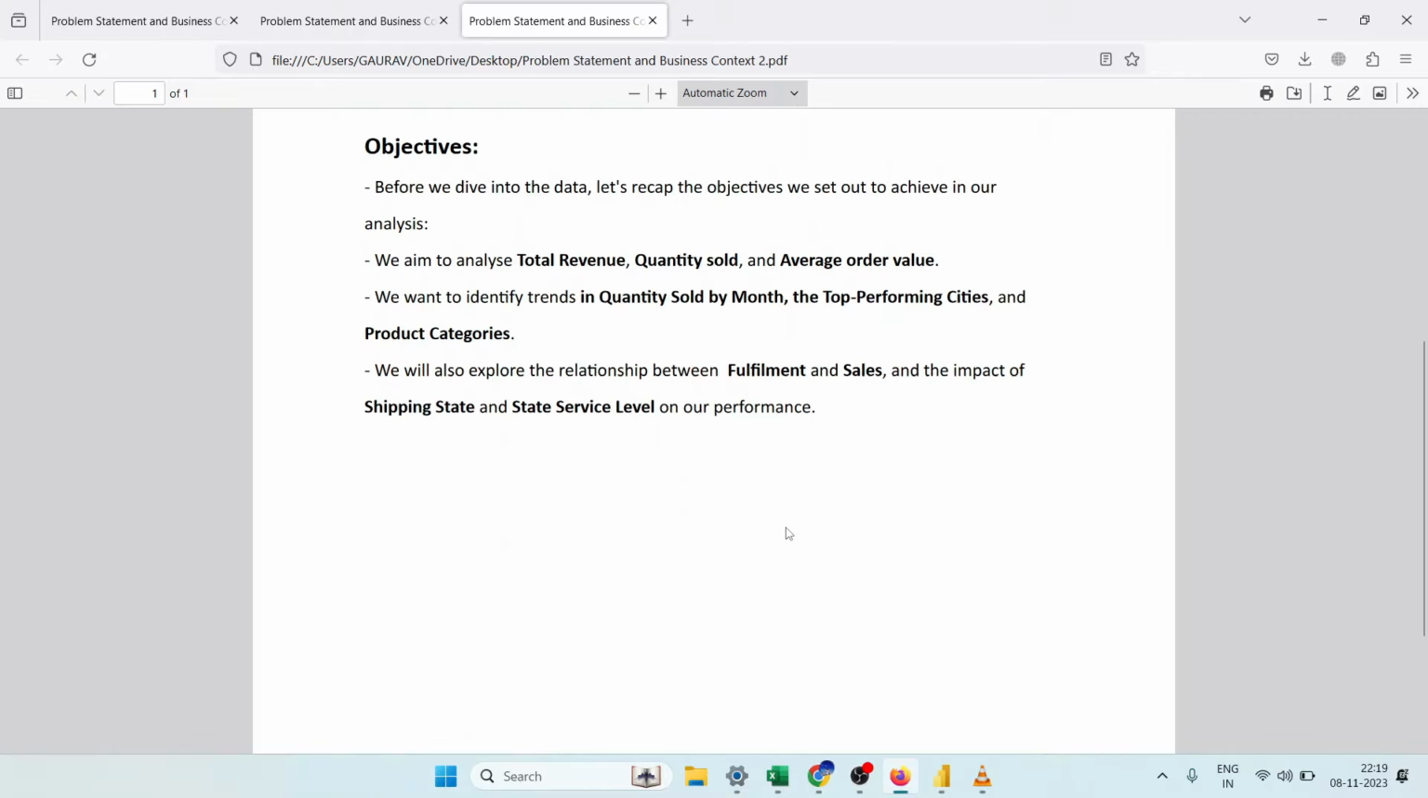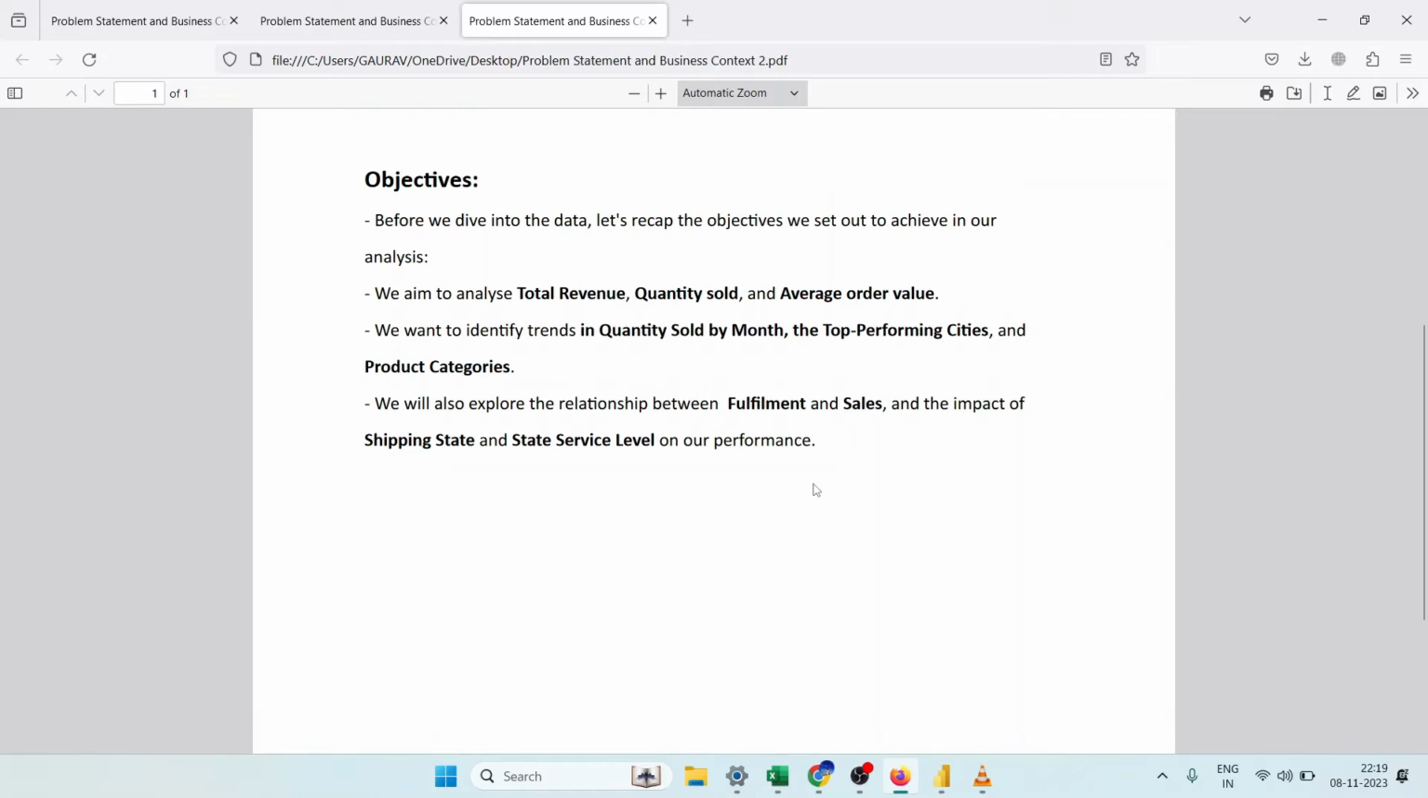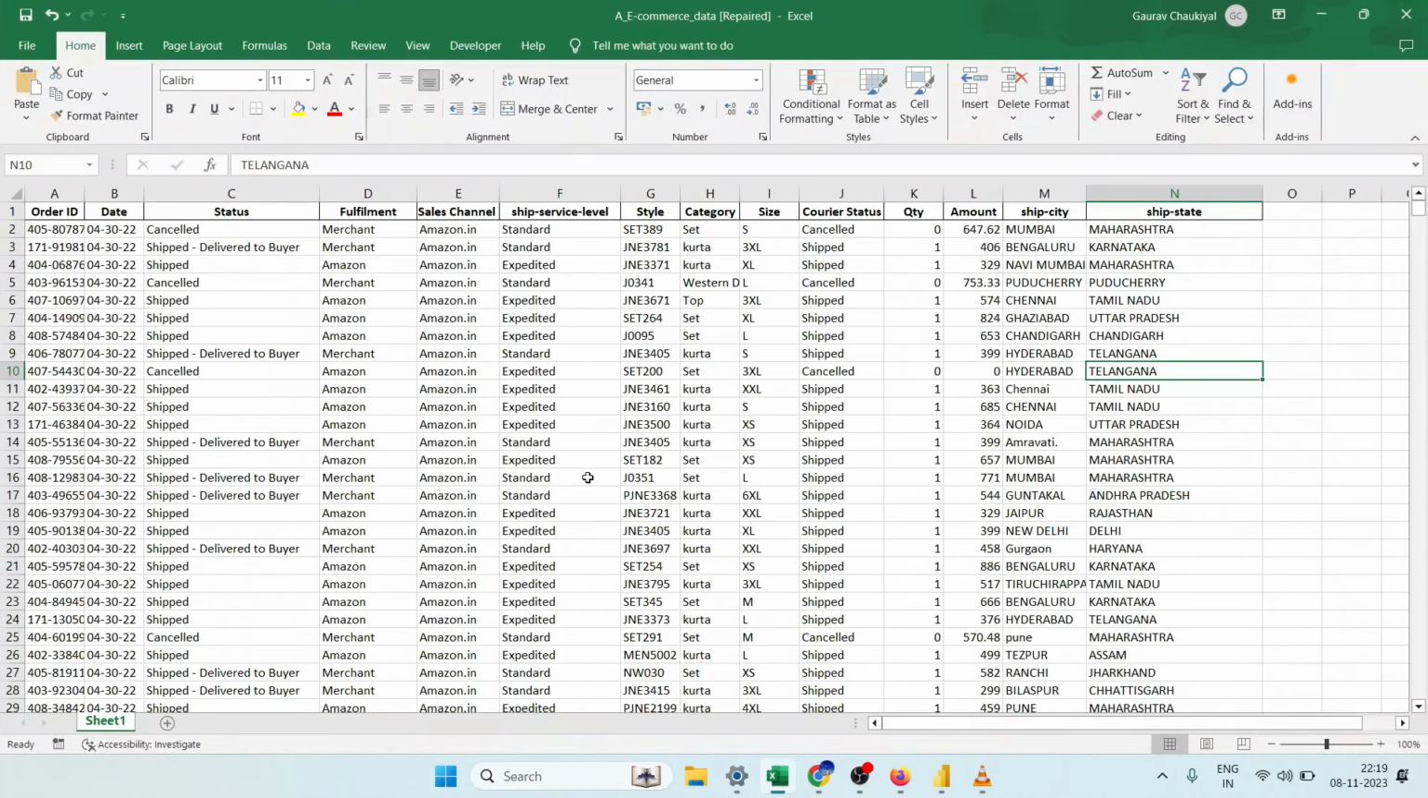objectives in our analysis. So what we will do is we will aim to analyze total revenue, quantity sold, average order value. So we want to identify trends in quantity sold by month, which were the top performing cities and what were the product categories. We will also explore the relationship between fulfillment and sales and the impact of shipping state and service level on the performance. So let me show you the data set we have, and as you can see